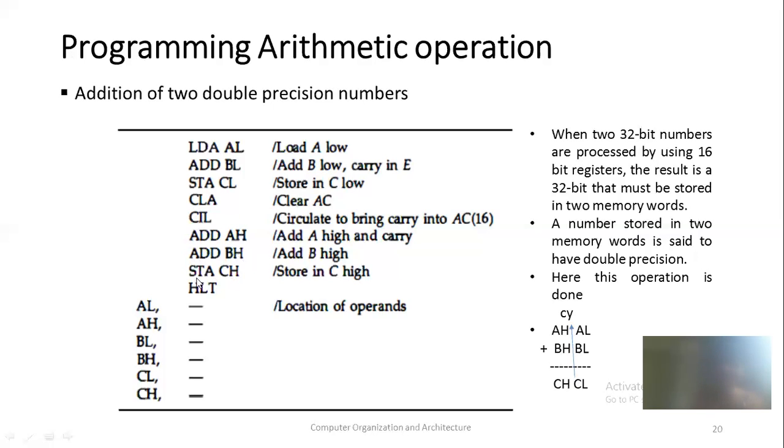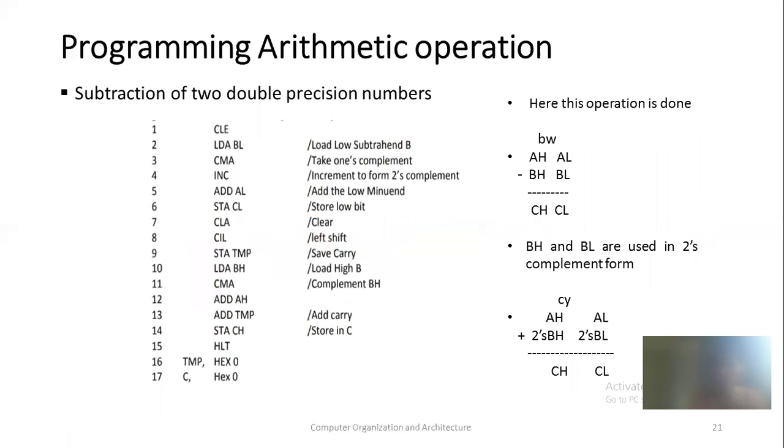Okay, so it is clear for all of you. Next, let me see how we can do a subtraction operation for this double precision number. For example, if your numbers are AH, AL, BH, BL, and the result will be stored at locations CH and CL. But it is a subtraction operation. That means you will add the 2's complement of the subtrahend. Here your subtrahend is in BH and BL. So you will find its 2's complement and then add it. Here also in addition you have to consider the carry, and if any carry is generated then you have to add that carry also.